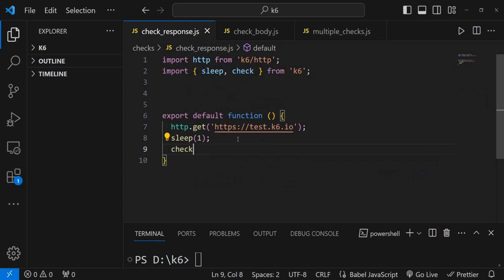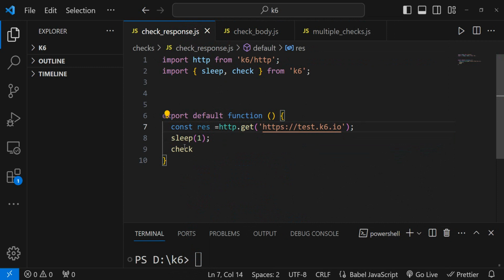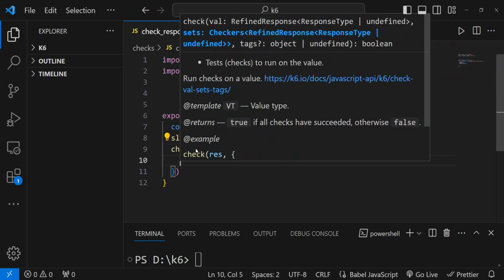Now, how do we do a check? So on the one hand, we need to give it a parameter that we're going to check against. And that parameter is going to actually be this request right here in our case. So let's save this into a constant, and let's call it request. And now in our check, we're going to open the parentheses and we're going to say request, and we're going to give it